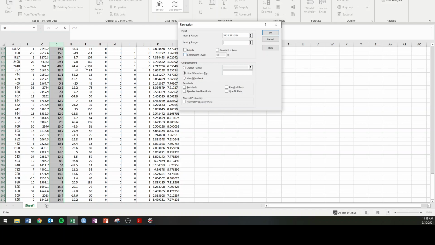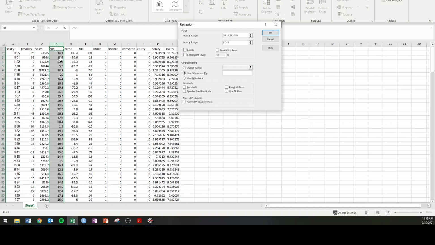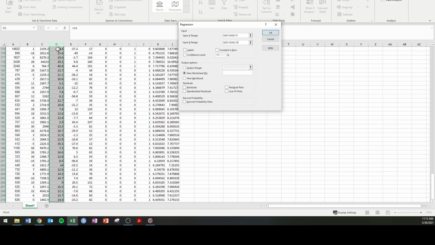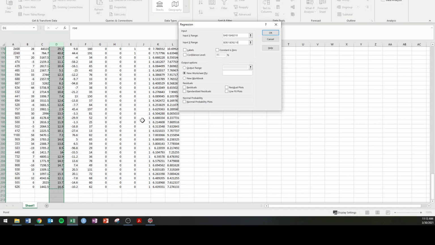Our X variable is return on equity. So I'm just hitting this and then Control Shift and then down arrow to grab it all. And we do have our labels. For now, we don't really need to worry about all these other options, but we do have the labels. 95% confidence level is fine as a default and normal. So that's all we need. Hit OK,